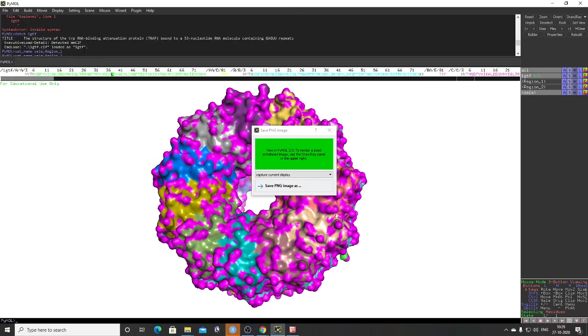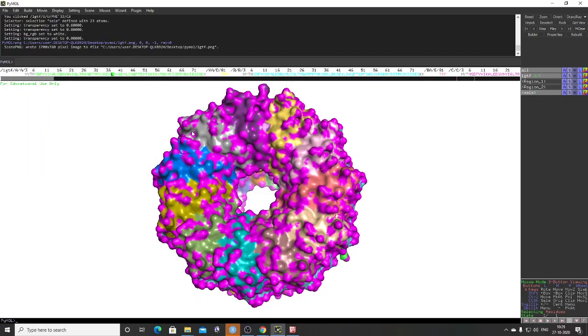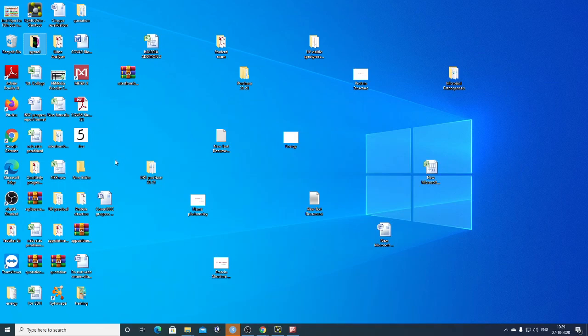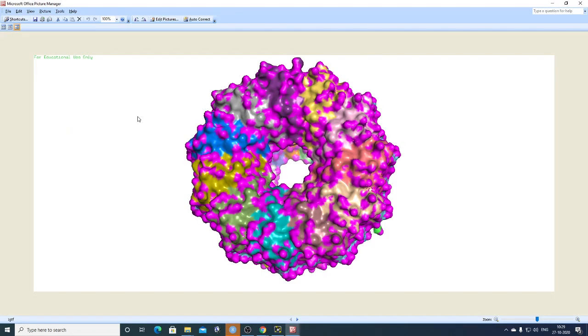This is 1GTF. So we save it as 1GTF molecule. Let's see whether it has been saved or not. So we go in the PyMol folder, and you can see here this molecule has been saved.